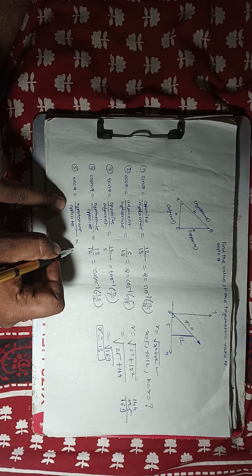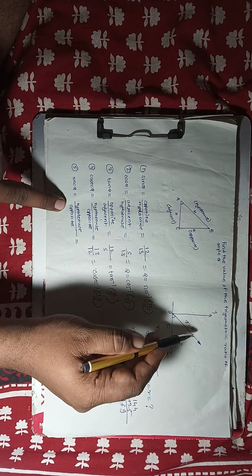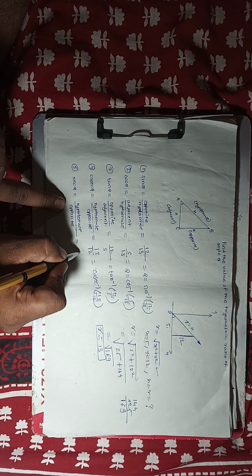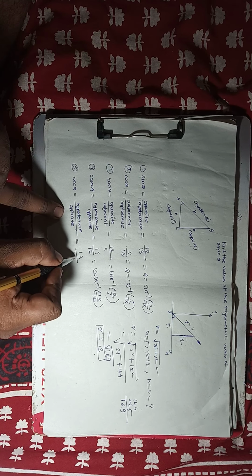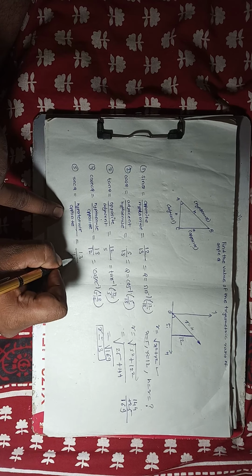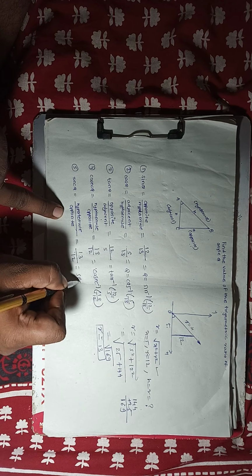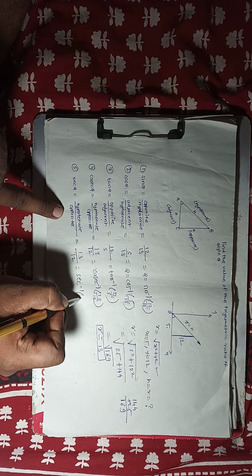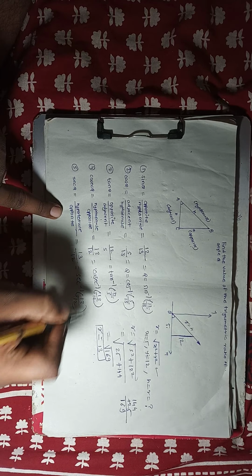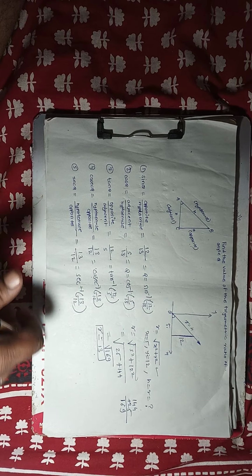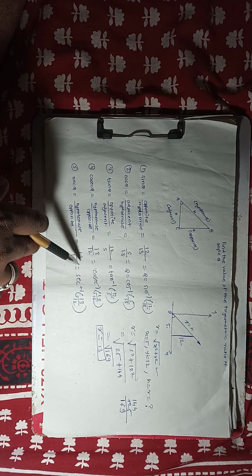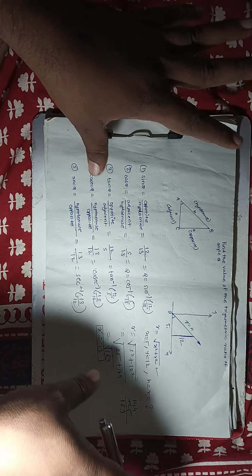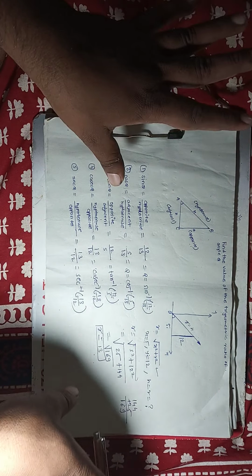Sec theta, that is hypotenuse divided by opposite. So hypotenuse is here in this case 13. So 13 divided by opposite, 13 divided by opposite is 12. So sec inverse 13 by 12. So with the help of these three values, I have calculated the theta value. So this is the example how to calculate trigonometric ratio of angle theta.